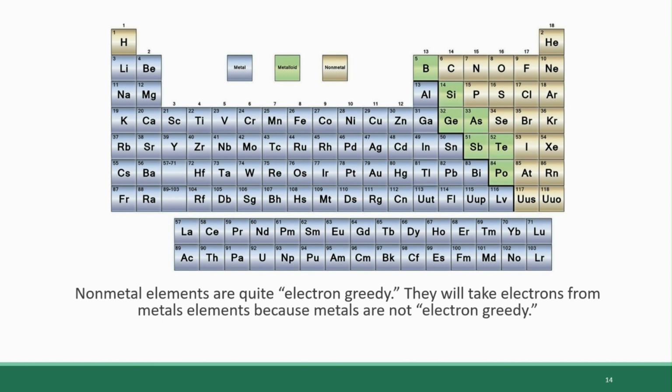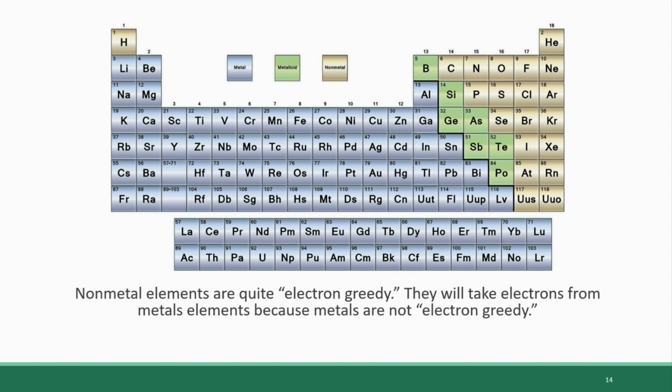Elements are quite electron greedy. Because of this quality, they will take electrons from atoms that are willing to give them up. The elements that are willing to give them up are the metals, because metals are not so electron greedy, and they readily give their electrons away. So when a nonmetal forms a bond with a metal, it will be an ionic bond because a transfer of